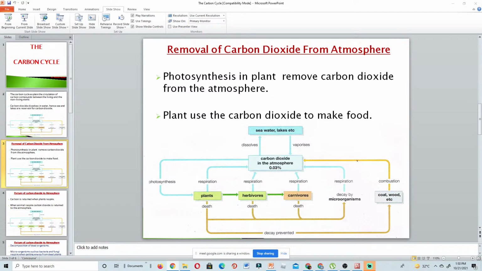Now the time is finished, so next class I will have to complete the explanation of the carbon cycle. In terms of the notes, you can write the notes. As for the diagram, I will ask people to draw it because they need to study it. They need to know the diagram of the carbon cycle, because in terms of labeling, you might get an incomplete diagram to label. The only way you can label that incomplete diagram is by studying this one that is on the screen now. So you can join your next class.